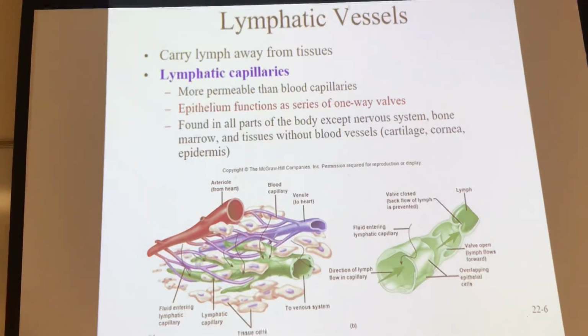So it starts as a closed-end area right here. Think of a test tube, right? The very end point of the test tube is the start right here. Now, what we're going to see is the lymphatic capillaries are going to be very similar to the blood capillaries, except they're more permeable. And we're going to see the lymphatic capillaries are going to have a series of one-way